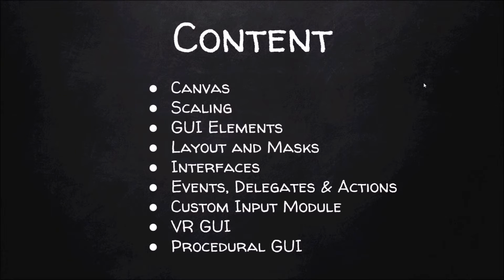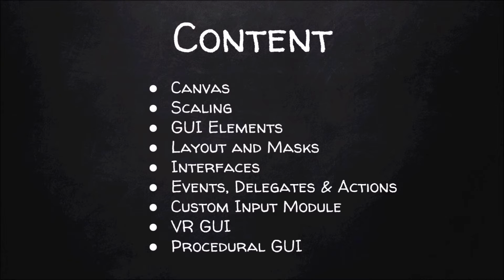Canvas is the main parent of any GUI element in your scene, and Canvas controls things like scaling of your GUI elements, and it is also helpful for raycasting your GUI elements. When you are making games for mobiles, the screen sizes and the screen orientation differ greatly from device to device. The fragmentation is a huge problem there. So the scaling of your GUI elements becomes a major headache. So the next topic would be how to control scaling of your GUI elements using the canvas.